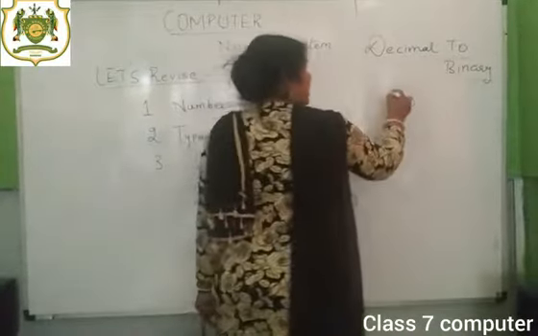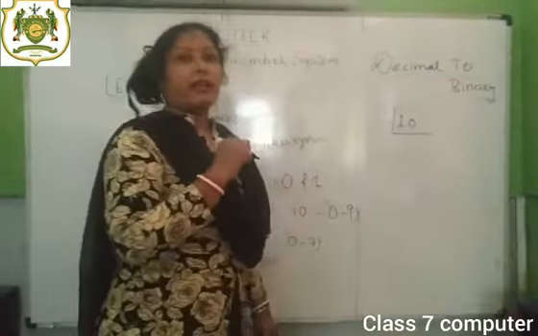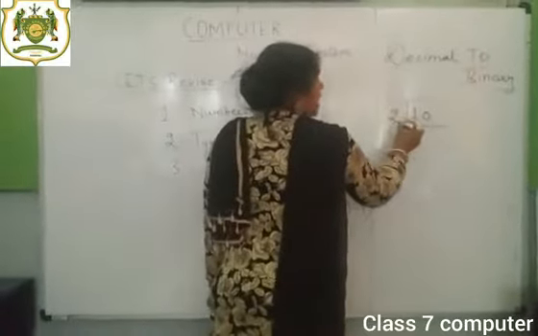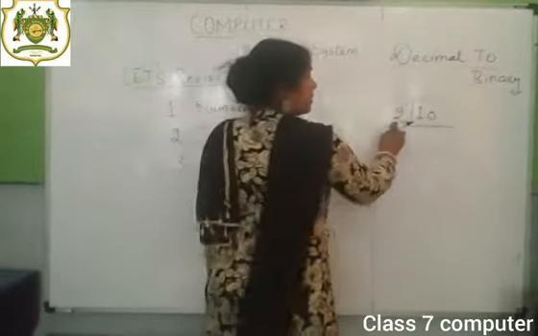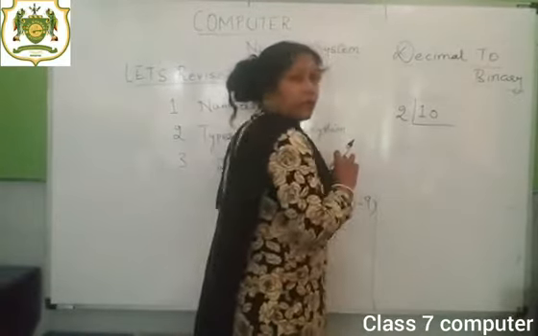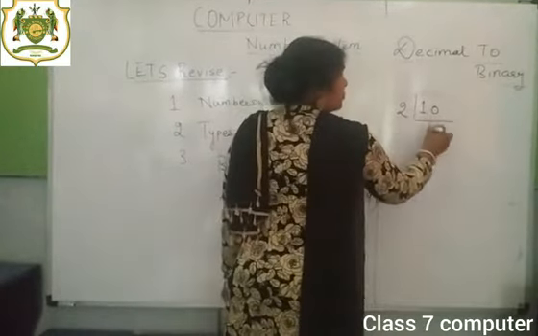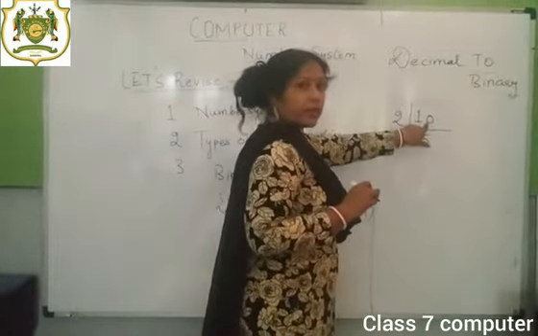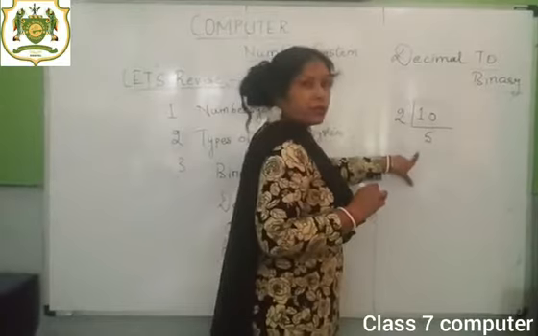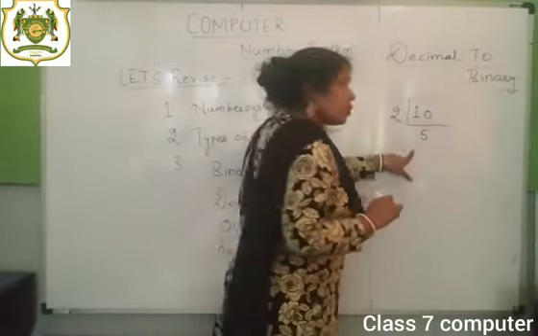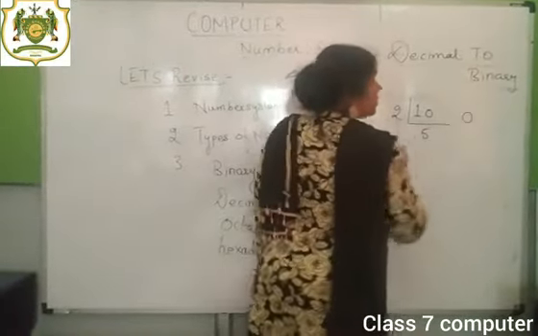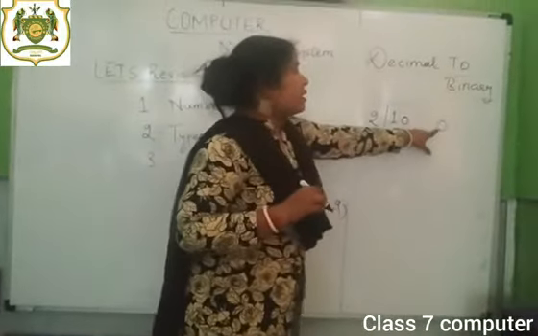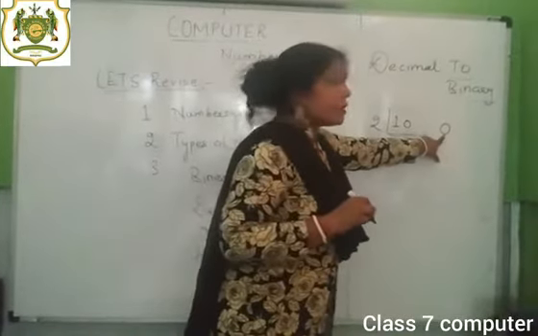Now just see how I am going to convert this. To convert it, you have to divide the number 10 by 2. How are you going to divide? Just look at this. I am going to put 2 over here. 2 5s are 10. How? 10 comes in the table of 2 with 5. What is the remainder over here? If 10 is divided by 2, the remainder is 0. So I am going to write down the remainder on its one side. Can you see it? 2 5s are 10 and the remainder is 0. So I have written the 0 over here.